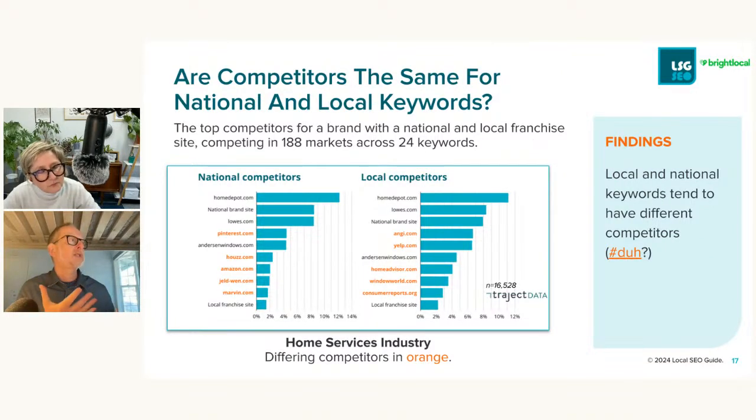Another quick way to determine local intent is to look at what sites are ranking for the keywords. You can see this is a home services analysis we did. On the left, if you look at, let's say, plumbers or electricians or whatever, you can see things like Home Depot, Lowe's, Amazon, Houzz ranking. Whereas when you look for, let's say, plumber near me, we start to see Yelp and Angi.com and HomeAdvisor. These are all sites that try to find you a local contractor. So this is a really quick way to decide intent: who's ranking? And if it's national sites, it's probably national intent.